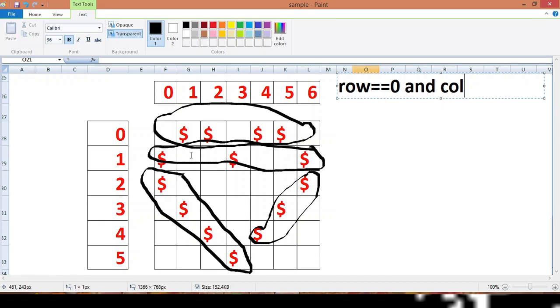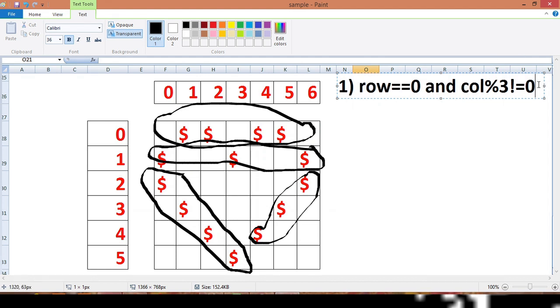So that is for our index number 1. For index 0, when the remainder is not 0, then print the symbol. So I'll write a condition: when the column variable modulus 3 is not equal to 0, then print the symbol. So this will become my first condition. This will be my first condition.